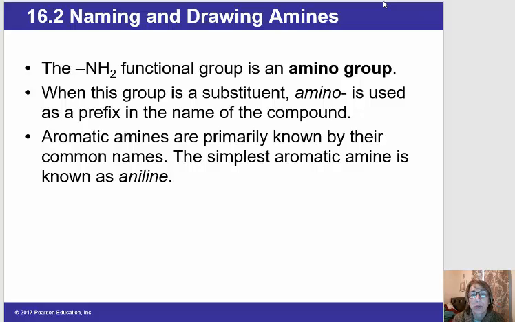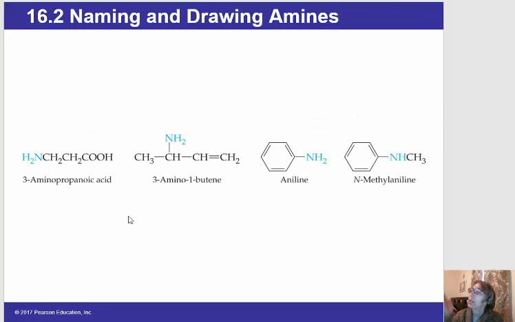So the NH2 group, the amino group, has a relatively low priority. So many times the NH2 is named as a functional group and some other functional group is given precedence. So for example, if we look at these four compounds, all that have NH2, on the far left we see